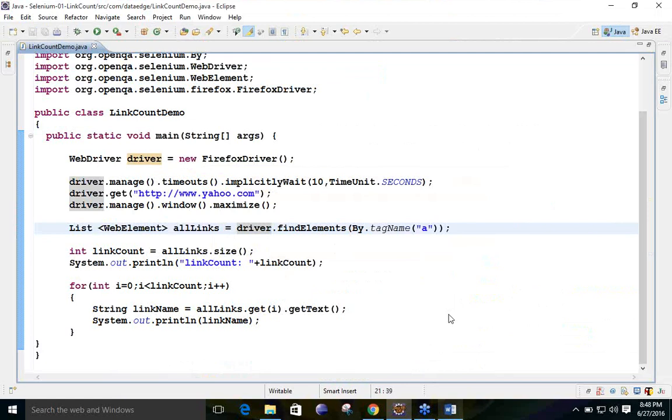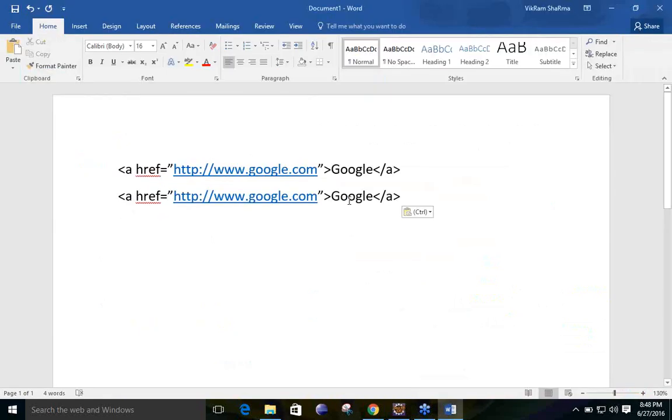Okay, so it will take the A. Now I will simply give the name over here. Suppose I am giving the name as Gmail. Okay, one minute. Gmail, like this one we have given, but you can see over here only the link is going to change, only the name is going to change. That link tag, that is A, will always be the same for everyone. Getting it? Here you can see A is the same in both cases, and href will be changed. Only this value and the name are going to be changed.